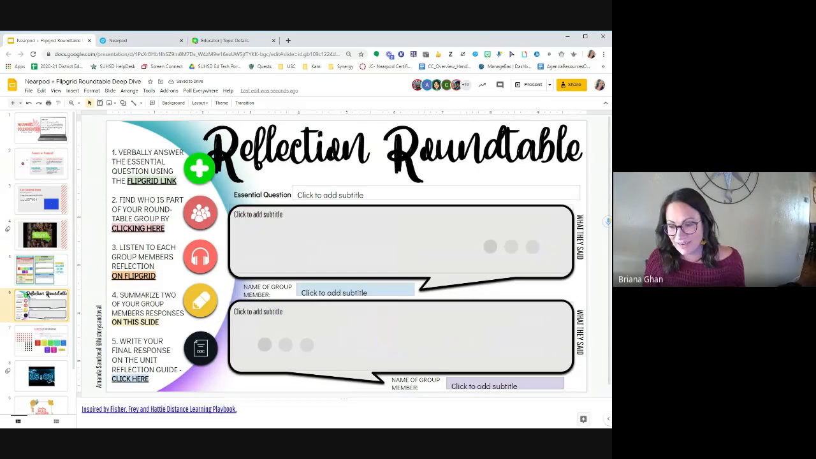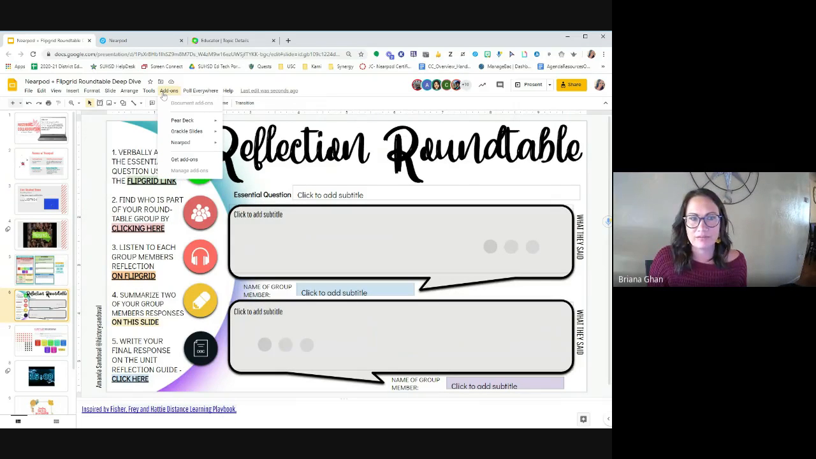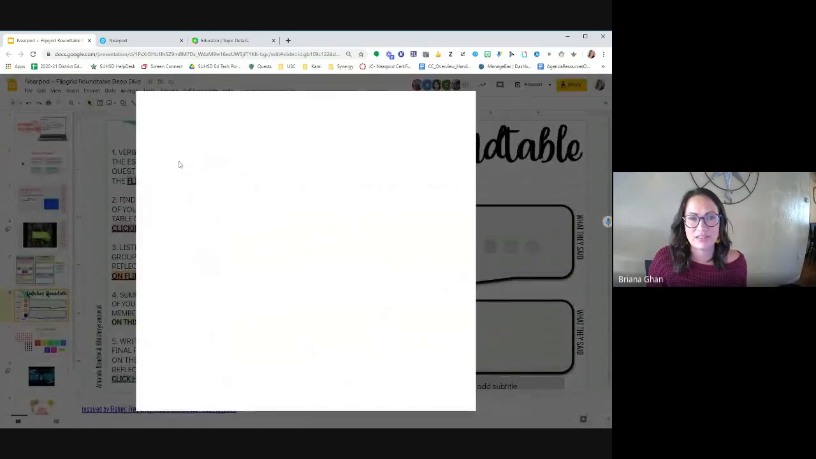All of it. Nearpod add-on. Okay, so add-ons. If you're in your slideshow, when you're in Google Slides, up at the top, there's the add-on button. So here's where you will add add-ons. So notice it says get add-ons. So if I go to get add-ons, I can search